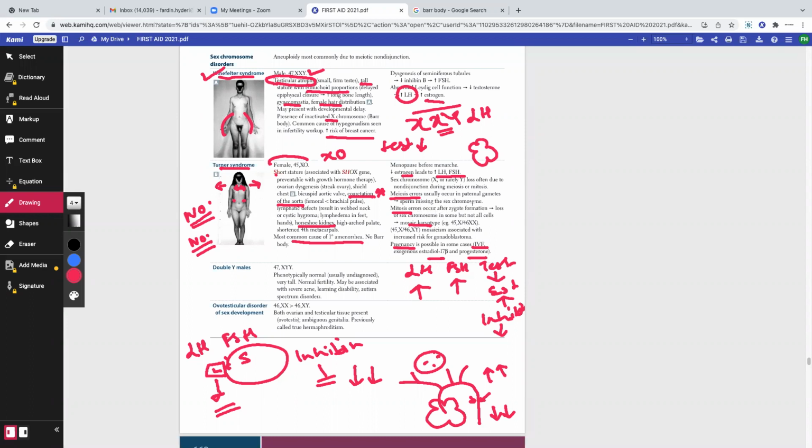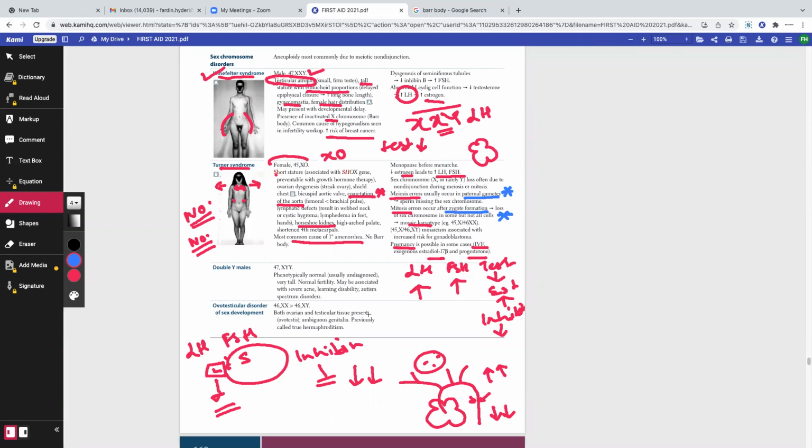Okay, but for now, this is not a step one question as of yet. I personally believe this can become a step one question in the future. That is, why do we get Turner syndrome? There are two reasons. Number one is a mitosis error. Number two is a meiosis error. Meiosis error occurs in paternal gametes. Mitosis error occurs after the zygote formation during the replication to form the blastocyst. Okay, that's that. Mosaic karyotype, for example 45,X/46,XY, is associated with increased risk for gonadoblastoma. Not important, not important.